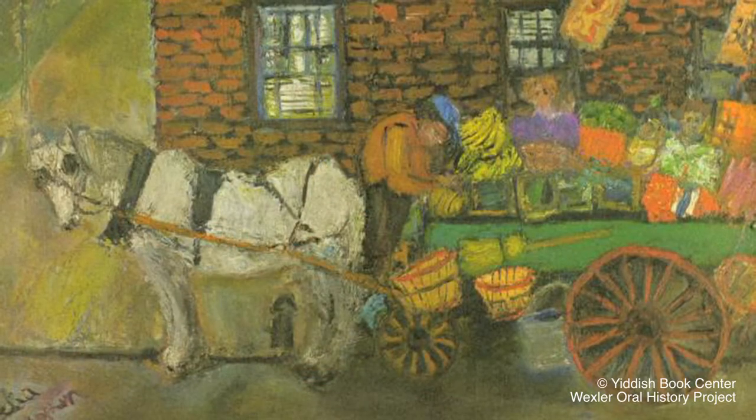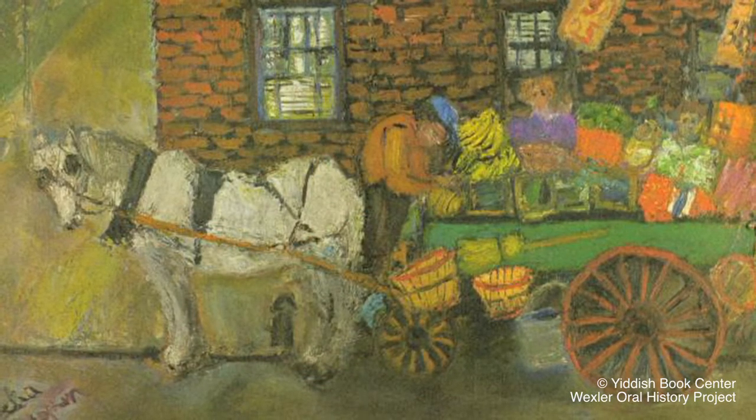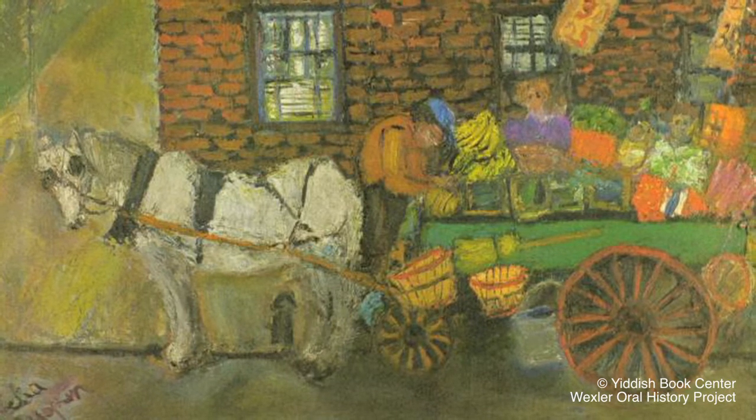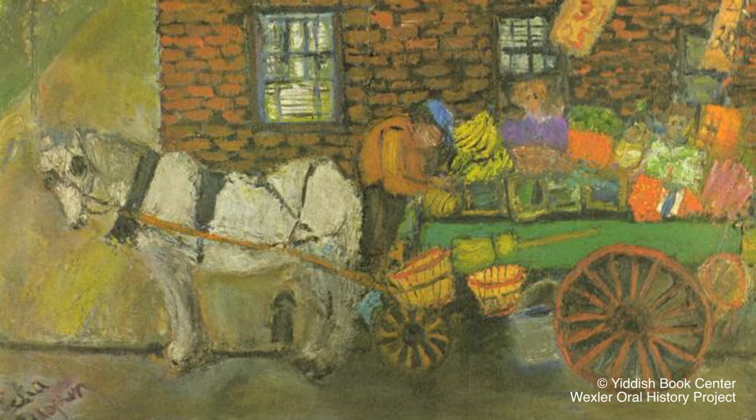Out of the window, there was a man who used to come, Jack, very unpleasant guy, who came with a big cart with a horse selling fruit to the neighborhood. And he would park outside, and there are many pictures that she painted of Jack and the fruit cart, just as there are pictures that she painted of the building right outside the window across the street, and the sunset